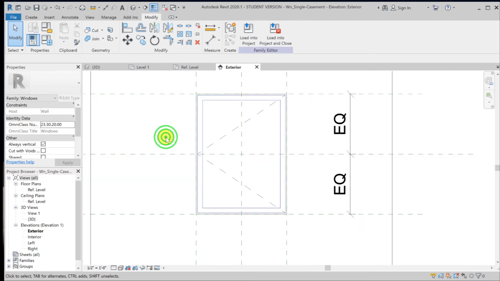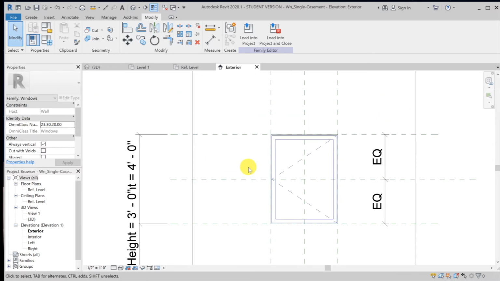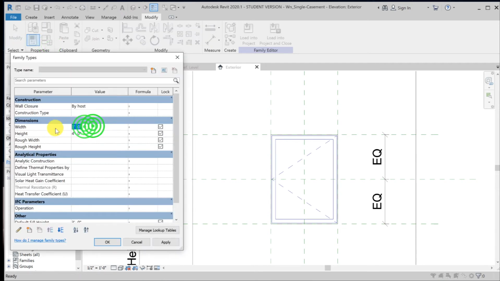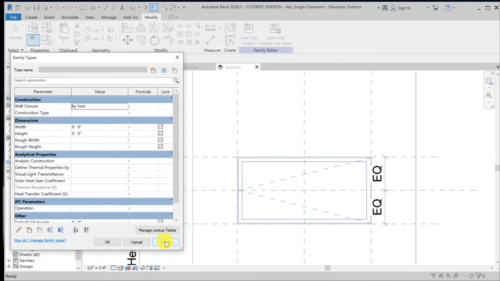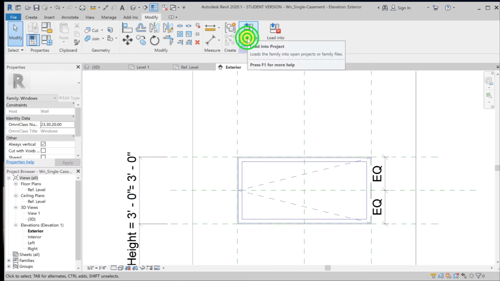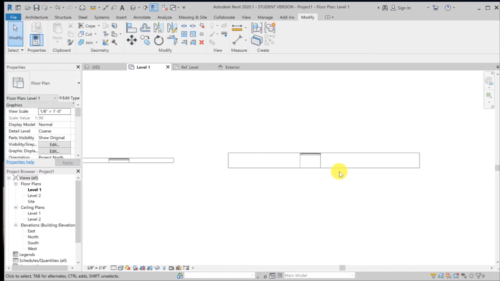Now I'm not sure if it's going to work yet, or if I need to place any kind of constraint to this. So I'm going to flex this. I'm going to make this a 2. I'm going to make this a 6. Looks like it is working. We didn't have to do anything much to it. Let's make this a 3 and make this a 6. All right, it's good. Now, if I load this into a project, override existing,